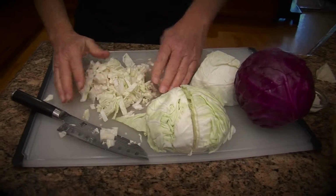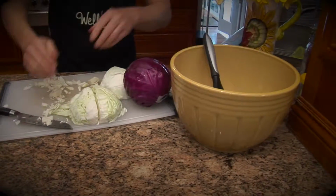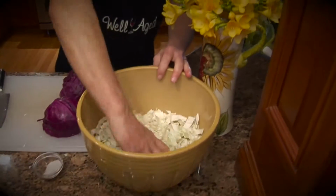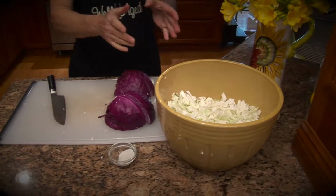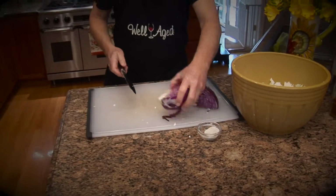So when you get it cut, you're just going to put it in a bowl. I'm going to pour just maybe a tablespoon of the salt into the bowl. Just mix it up a little bit. I'm going to let it set. It'll draw the water out of the cabbage. And you will be amazed at how much water comes out of this cabbage without adding anything. Now, we're going to do the